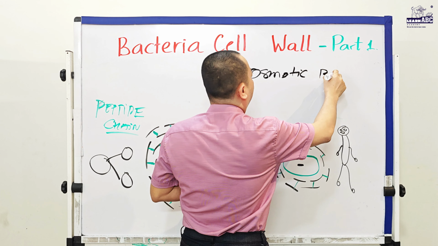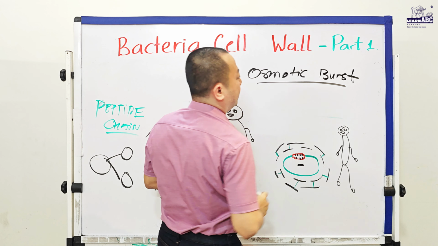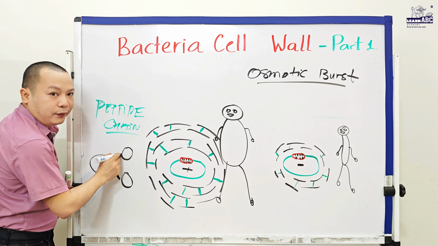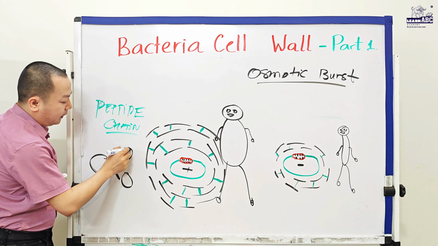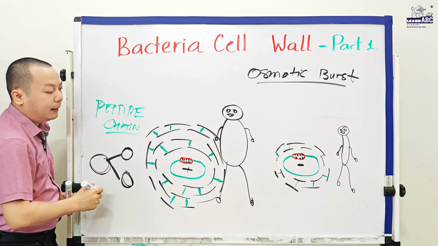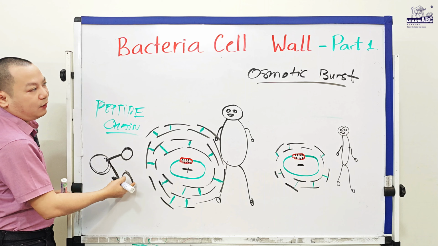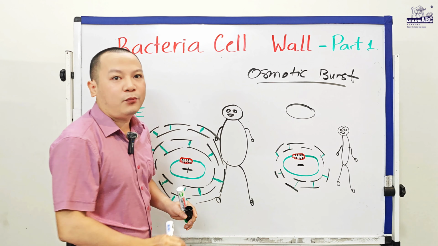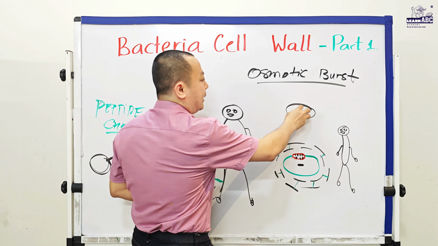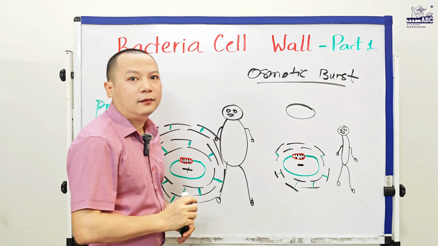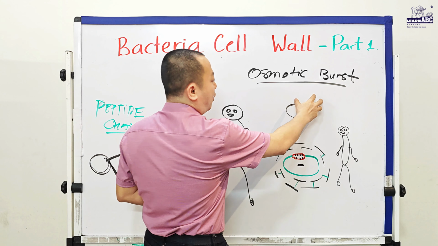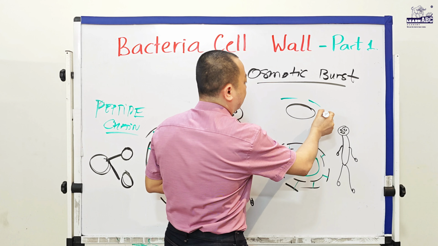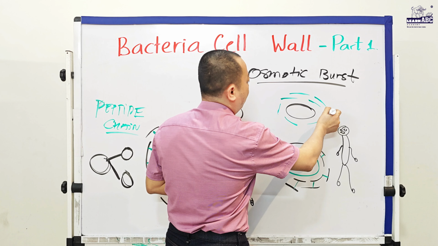So what is osmotic burst? I said when bacteria make new bacteria, it means they make a new cell, a new baby. When they make a new baby, first they will make the inside membrane, and I said this inside membrane is hyperosmotic. It means it absorbs so much water and they become mature. After that they will make the cell wall, and this cell wall will prevent